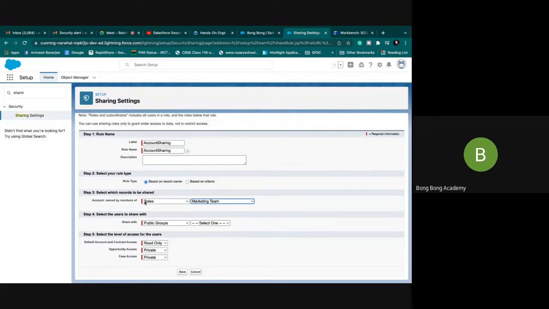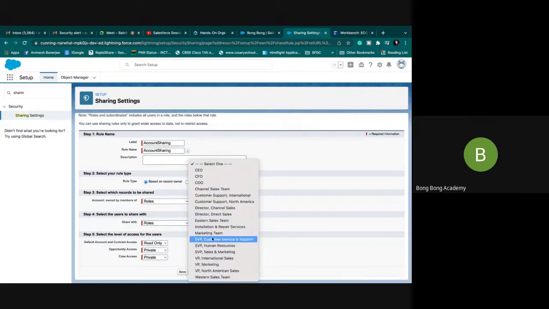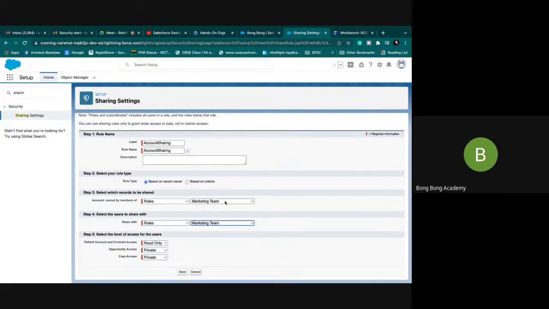In that case, by default, they cannot see it because they are not managers. So what I will do, I will create a rule which will select marketing team owners, all the users who have the role as marketing team, and I will share to all users who have the role as marketing team. Then they can see each other's record. And I can set it as read only.